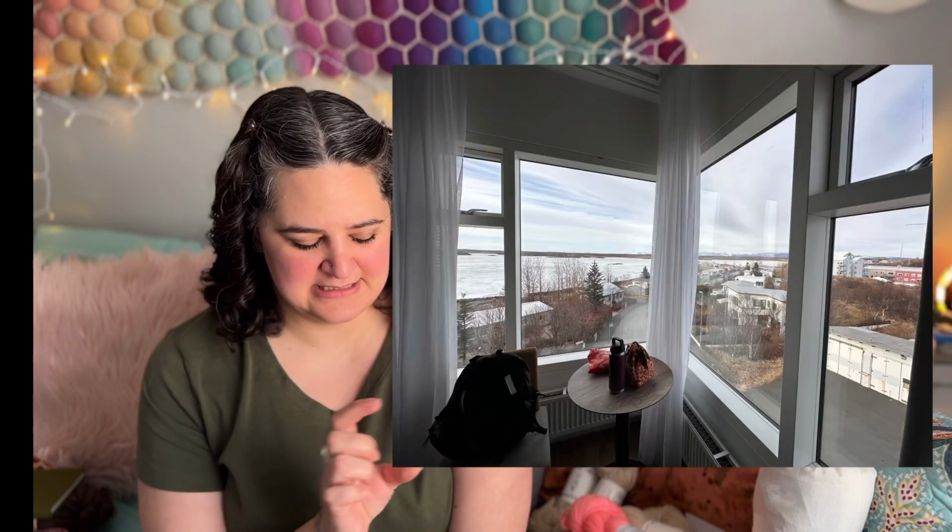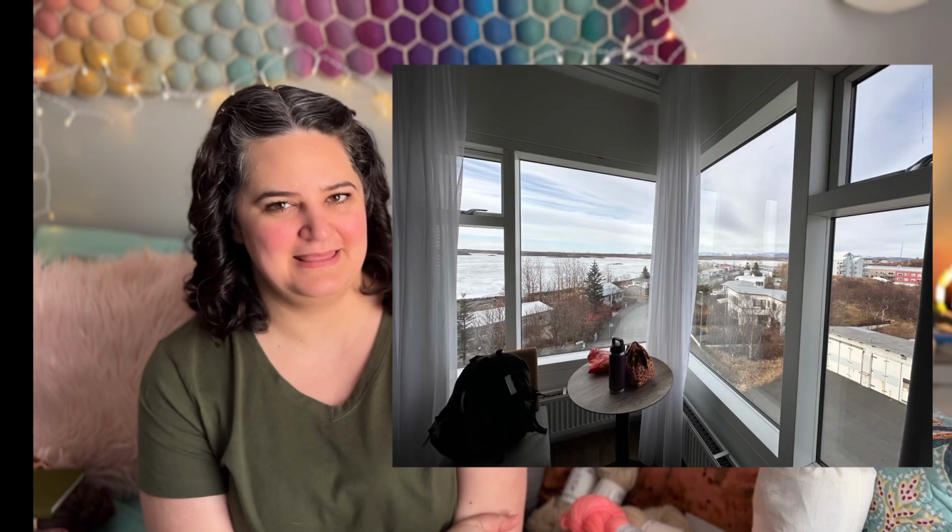At one point or another, we stumbled upon another waterfall that was not on our list. We had to do a bit of driving to get to our next stay, which was in this little town called Borgarnes. I know the "nes" is said at the end there. We stayed at a really cute hotel in this town, and this was kind of our base for hitting